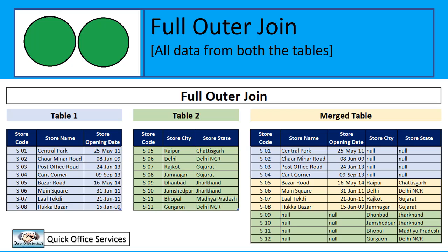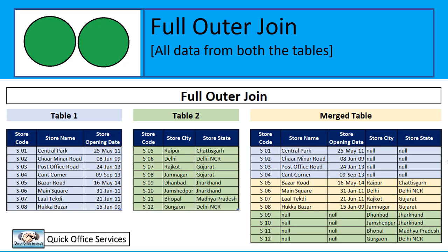If you want to merge these two tables, you can see that although the store code column is the same, the contents are not the same. In table 1 there are a total of 8 stores, store 1 to 8. In table 2 also there are 8 stores, but the count starts from 5 to 12. Store numbers 5, 6, 7 and 8 are common in both tables, but store numbers 1 to 4 are not there in table 2, and store numbers 9 to 12 are not there in